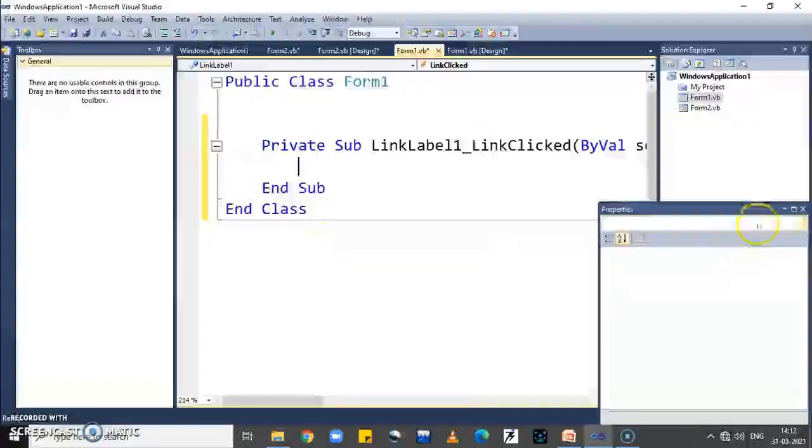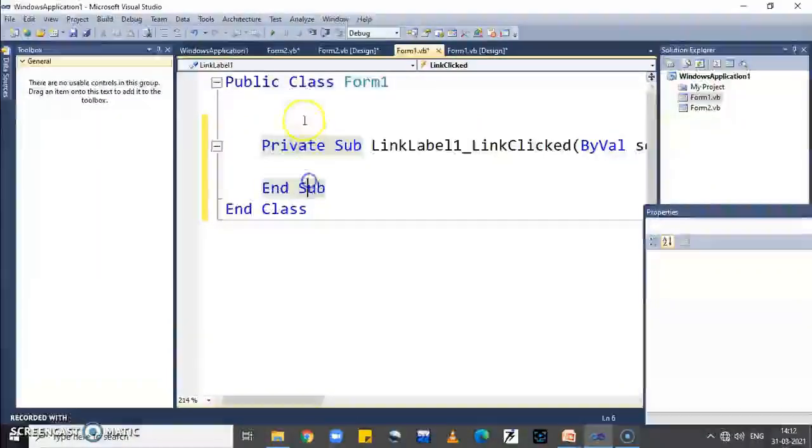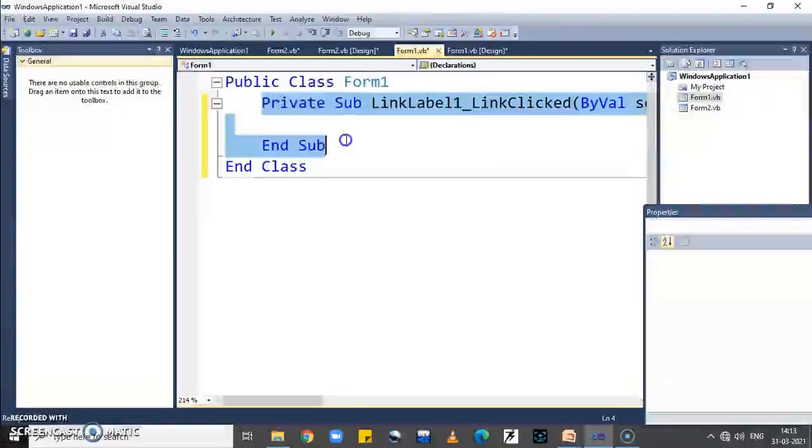My coding window is open. In this coding window, here we can see that link label 1, which is my control's name, and link click is an event, which is a default event. So when user clicks on the link label control, then the code is executed, which is written between the private sub and end sub.